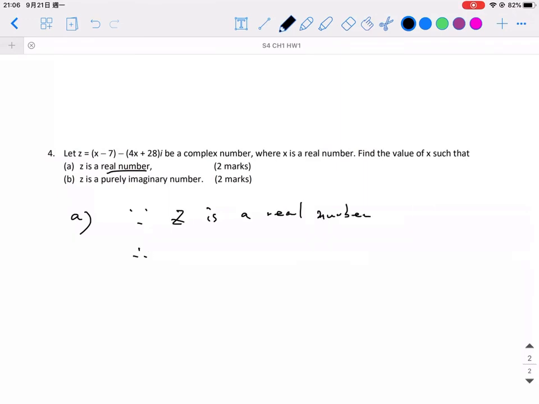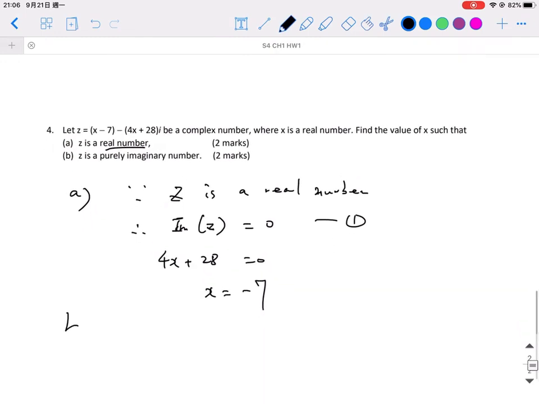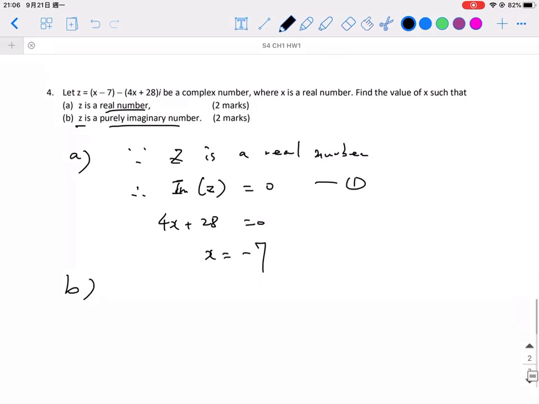So imaginary part should be equal to 0. Therefore, I write down 4x plus 28 equal to 0. Remember you can get 1 mark if you write down imaginary part equal to 0, and x will equal to -7. And for part B, if z is a purely imaginary number, so that means